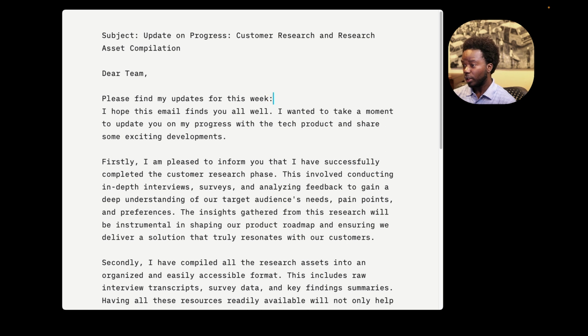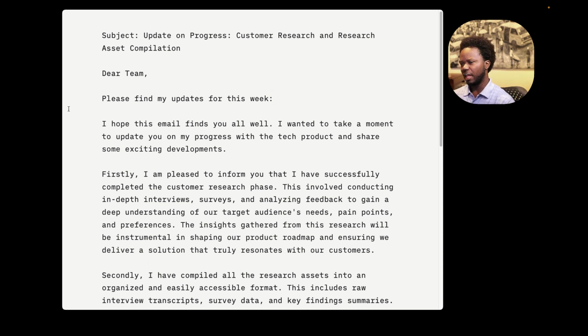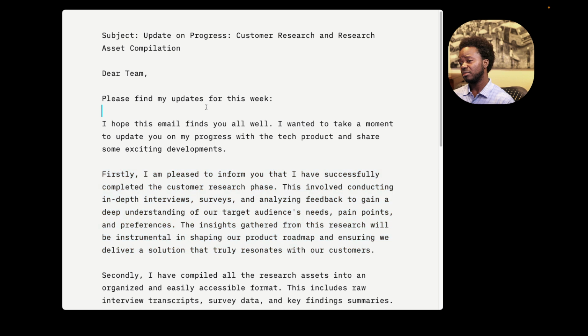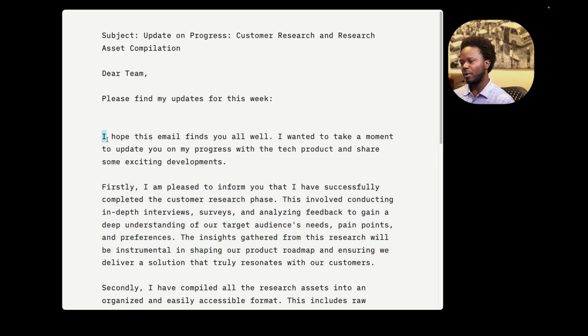And here, one thing I could do, a little bit of just my style. I do not like long paragraphs. I think they're hard to read. Many people will be reading your email on their phones, and long paragraphs and wordy text just do not look good on the phone. So when I write my emails, I always try to keep my sentences short. I keep my paragraphs short, so it's easy to read. So I'll say, "Please find my updates for the week:"